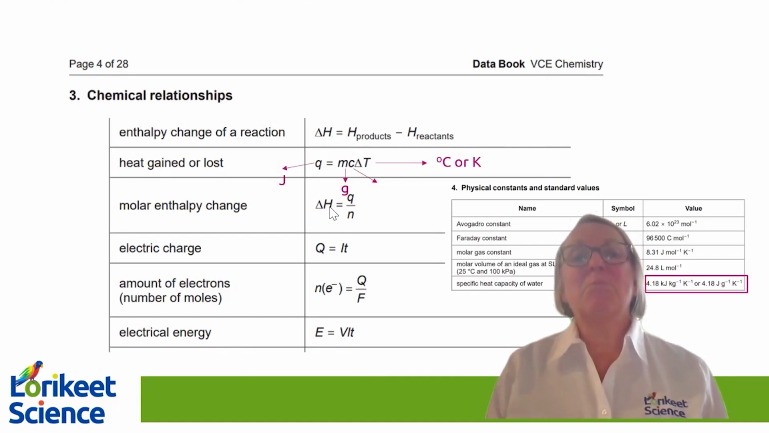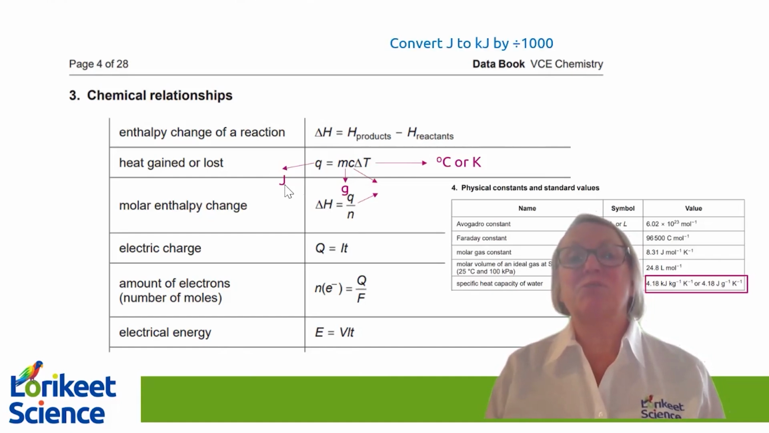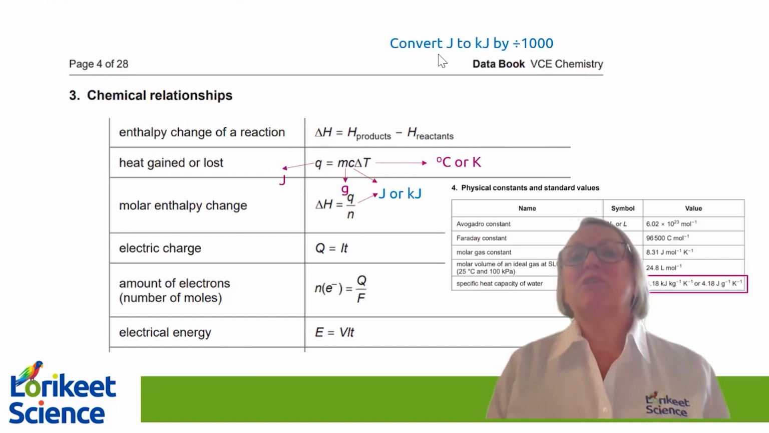We can work out molar enthalpy change. It's the q, which should be joules unless you convert it to kilojoules, in which case, if you convert joules to kilojoules, you divide by 1,000, divided by the number of mole. And then if you're using kilojoules per mole, then the enthalpy change of a reaction will also be in kilojoules